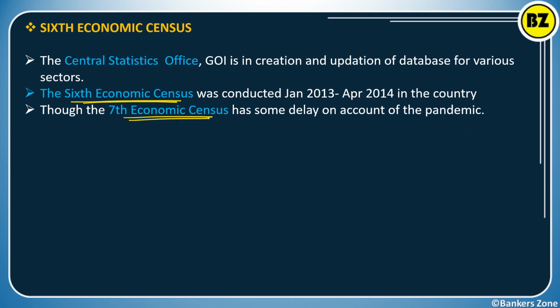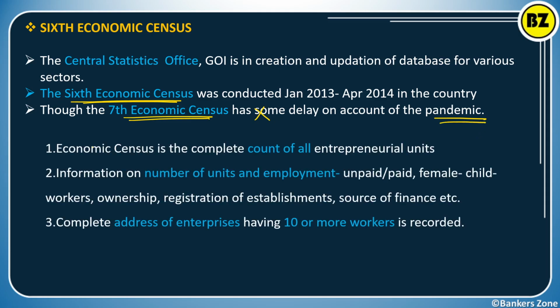Why could the seventh economic census not be concluded? Because of COVID, the pandemic. Okay, now what is the economic census? It is a count of all the entrepreneurial units in the country. That means how many factories are there, how many small establishments are there, how many shops are there, like that. So this is what the economic census is, taking a count of all information on the number of units and